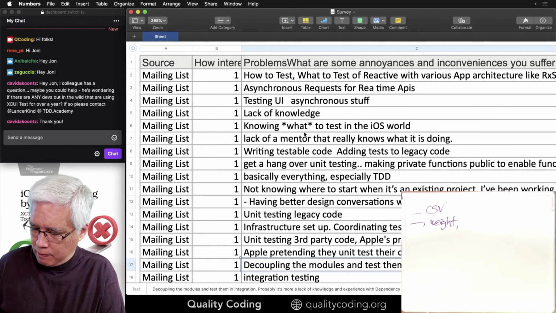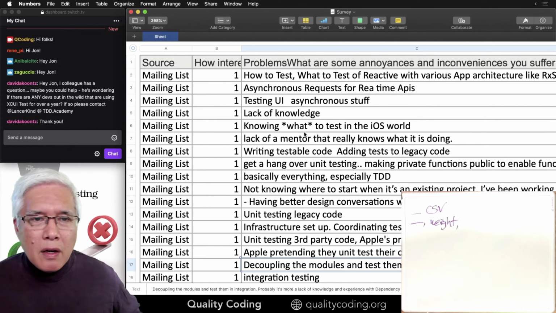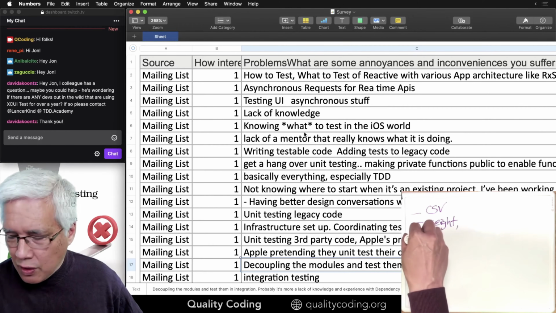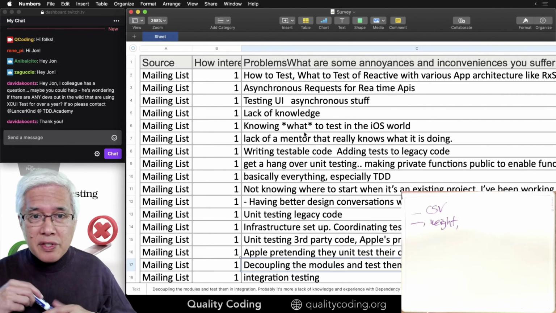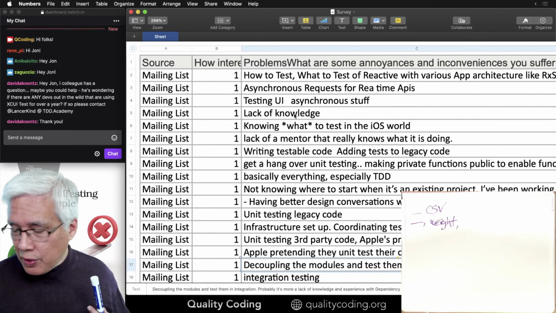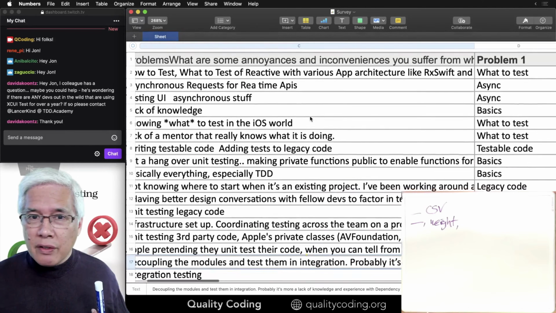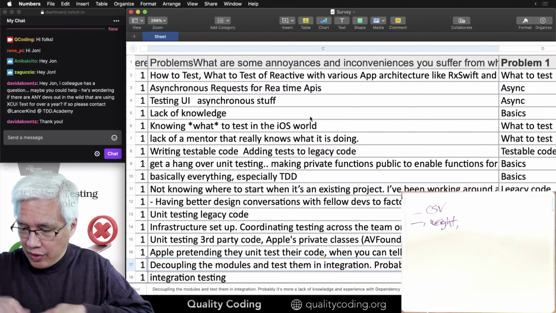Okay. All right, so the first column I'm ignoring for the purposes of this analysis. The second column is how interested are you? The third column is a question, so we should ignore that.